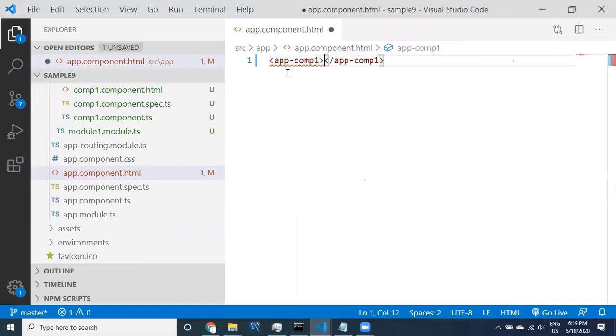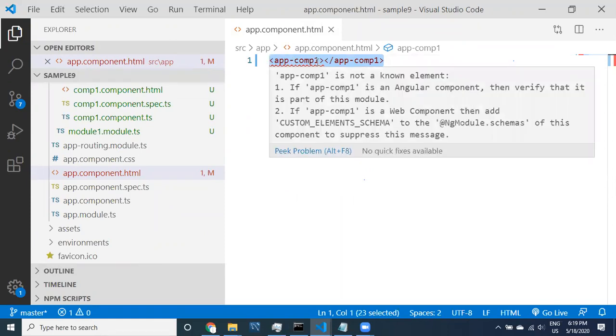But whatever code I am writing here, remember that this component is available in a different module. We are writing code inside the app module, in the app component.